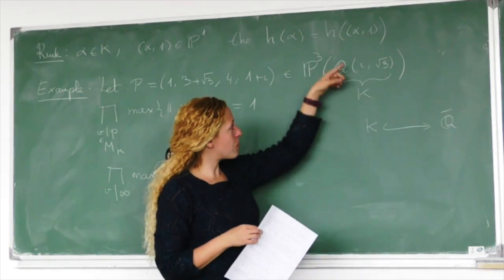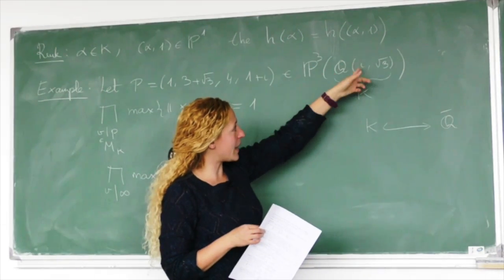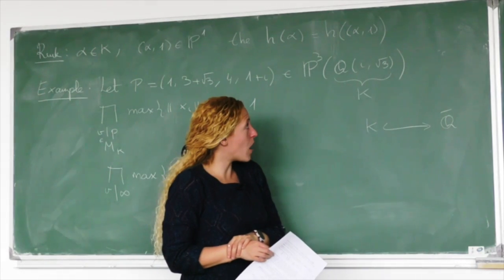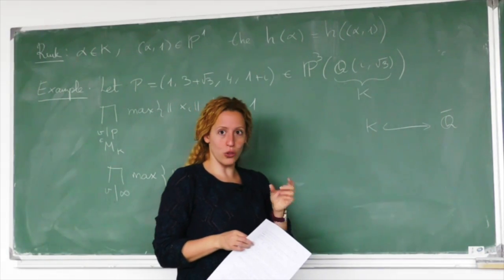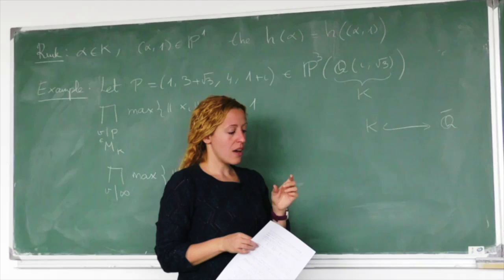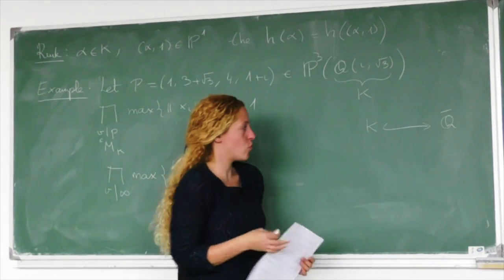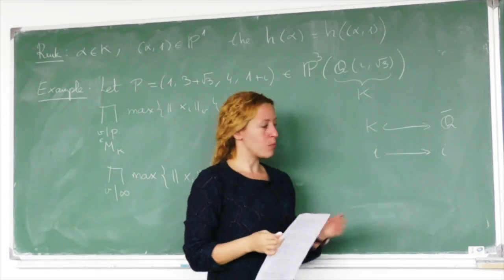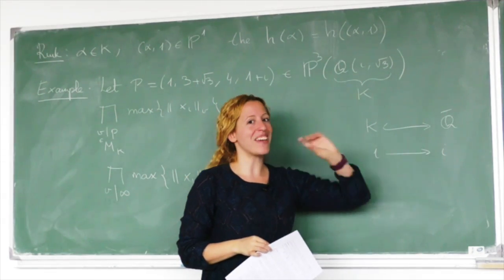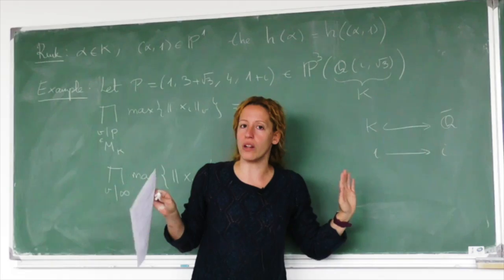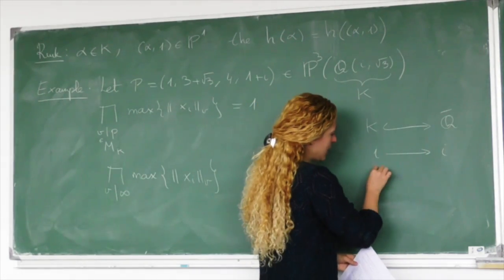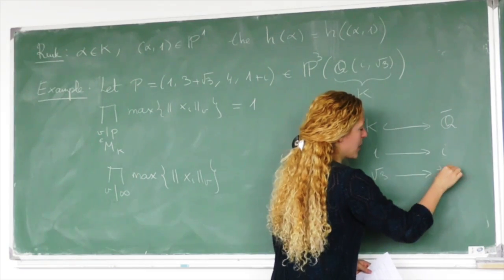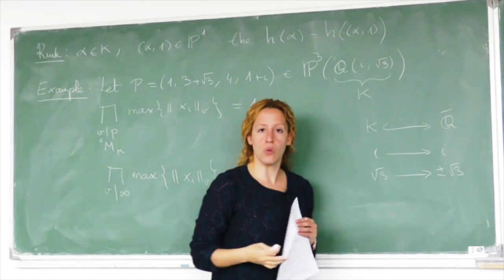So, because I have complex numbers inside this K, I have i, so K is not a real field, right? So I have to look at those conjugate embeddings, and I can just take one of them. So I can always assume that i goes to i, right? Because the one that sends i to minus i is the conjugate one, but I can just take only one for each of those pairs. And then I have to see where I send the square root of 3. And this can be sent to this one or to this one.